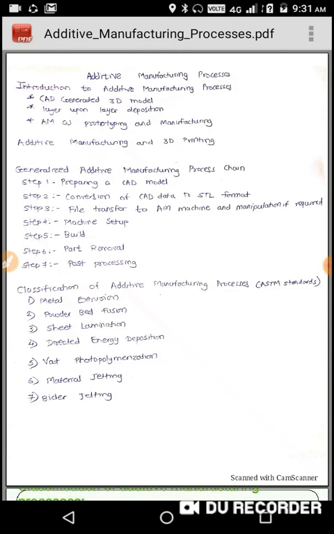If you compare with the subtractive machining process, the final product is obtained by removal of the unwanted material in the form of chips using the cutting tool, by employing methods like turning, drilling, shaping, grinding. So, in a subtractive machining process, the material is removed continuously. So, there is definitely a wastage of the material.